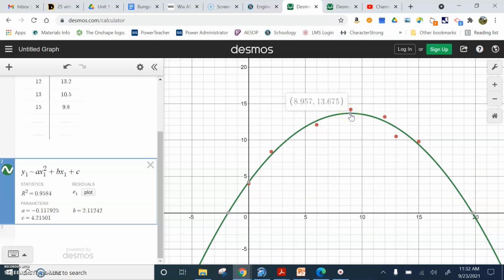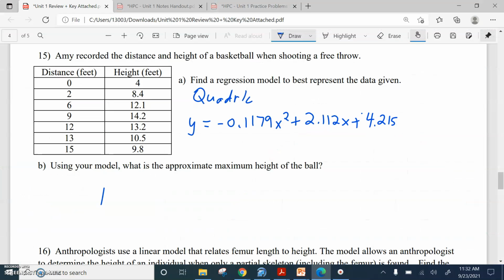So what we're doing with this information is knowing the xy, we can't just put this coordinate as our answer. We need to interpret the information, and the y value is our height, right? Because that's from our table over here. X was the time and y was the height. So what we know is the maximum height was 13.675 feet. So the answer is